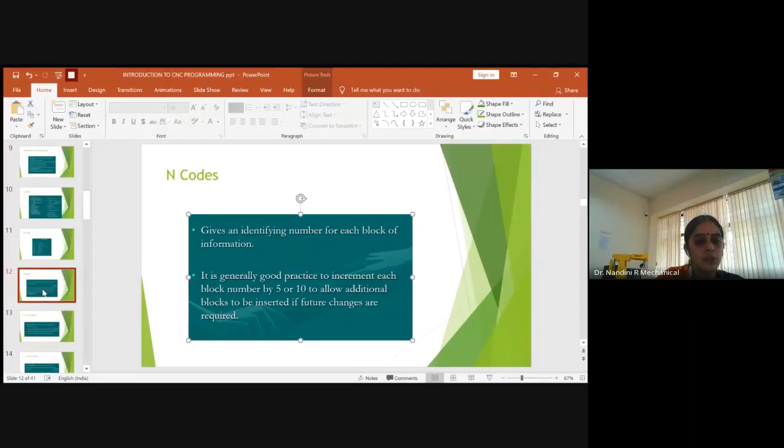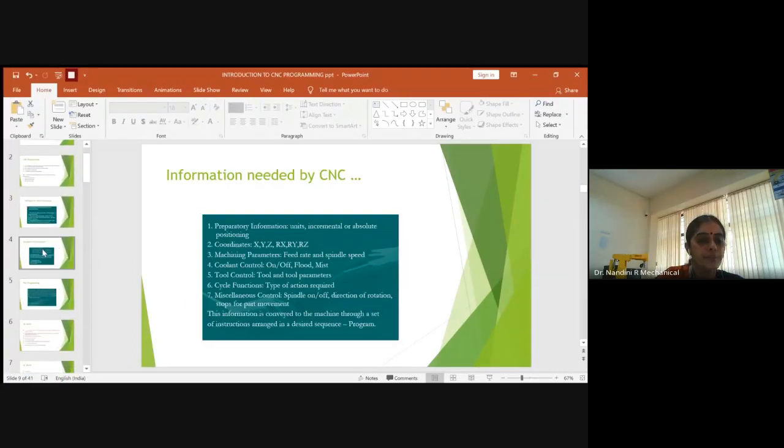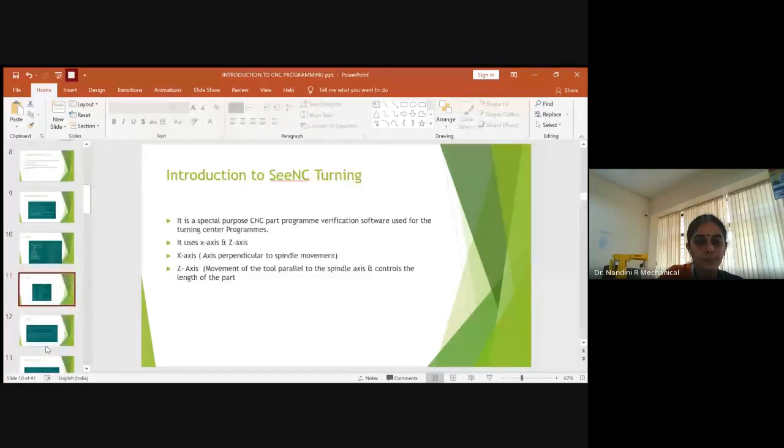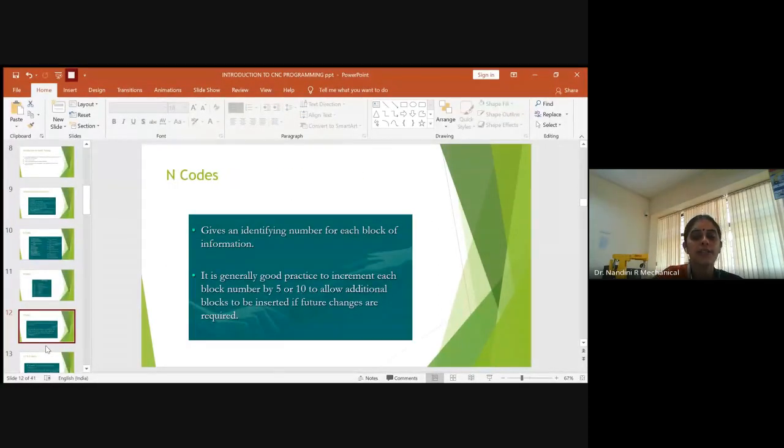Next is, you know this, the N codes I have told you already in the beginning. So this will provide you the sequential number, which is called the NC block. These codes usually identify the number of each block of information. So what does it give? It is generally good practice to increment each block number by 5 or 10 to allow additional blocks.